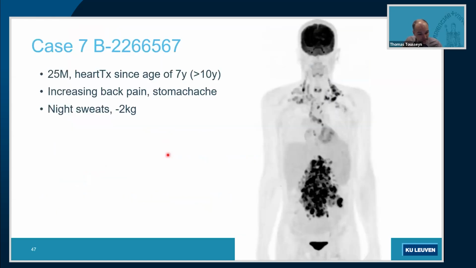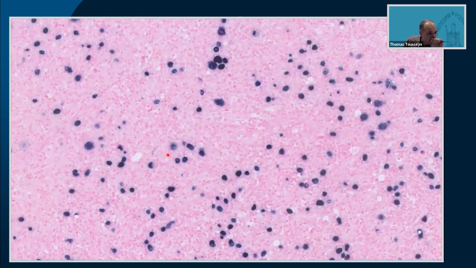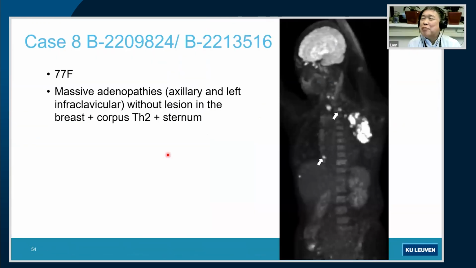Second case, I will quickly go over because I want to focus on the third case, and I don't want to waste the other ones' time. No, I will skip this case for the sake of time. You have a little bit of room, Thomas. I have some room. Okay, but